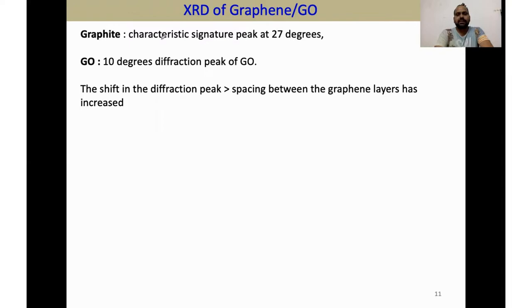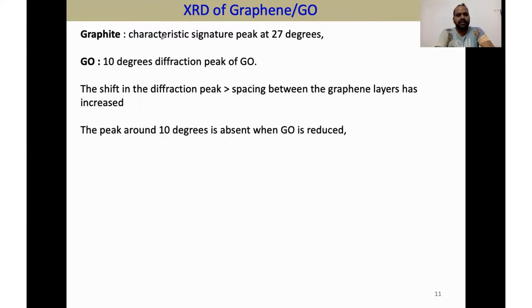The spacing between the graphene layers has increased, because graphite is more closely packed, and in graphene oxide the spacing is increased, right? So you have graphene, a more close structure, 1 layer, 2 layer, 3 layer, 4 layer. Now oxides are there and you have multi-layer. So maybe the sheet to sheet structure also becomes slightly apart. That's why that spacing is giving that much shift in the structure.